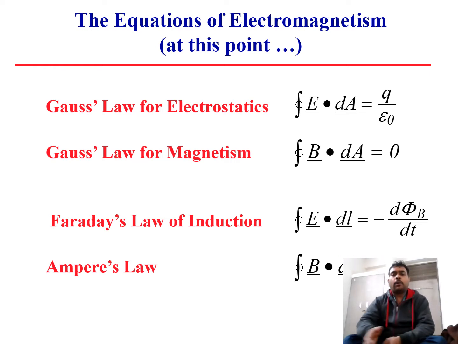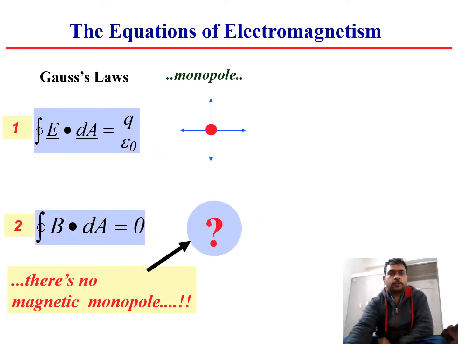And the Ampere's law states that the line integral of magnetic field is mu 0 I, where I is your current. So this was my Gauss law. This is Gauss law in electrostatics, and the second one is called Gauss law in magnetostatics. In Gauss law in electrostatics, it is simply the flux of the electric field vector over a closed surface, that is equal to Q by epsilon naught.